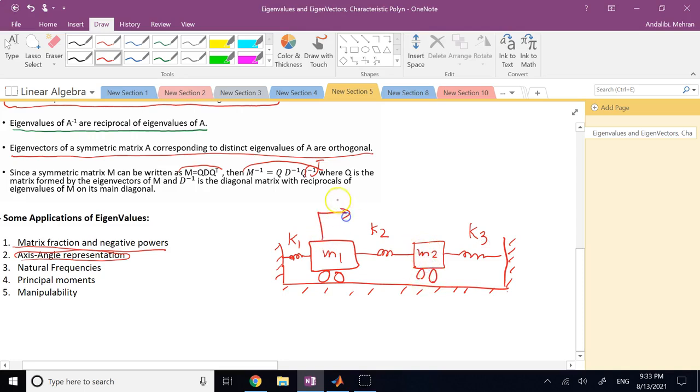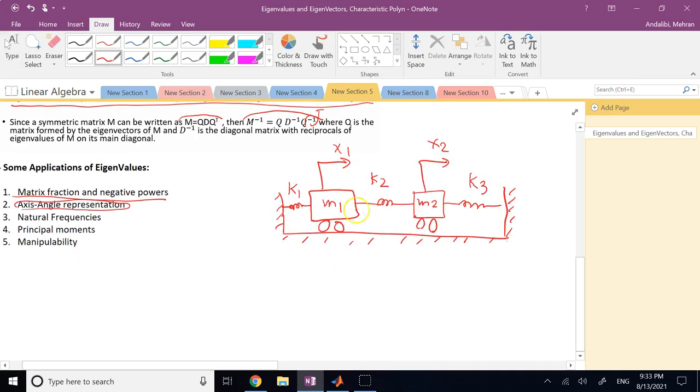So here, if you call the motion of each one of these blocks x1 and x2, and you give it some initial displacement and let go, the system starts oscillating. It's going to have 2 natural frequencies, and those frequencies can be determined through eigenvalue problems. Because in this case, if you write your equations of motion